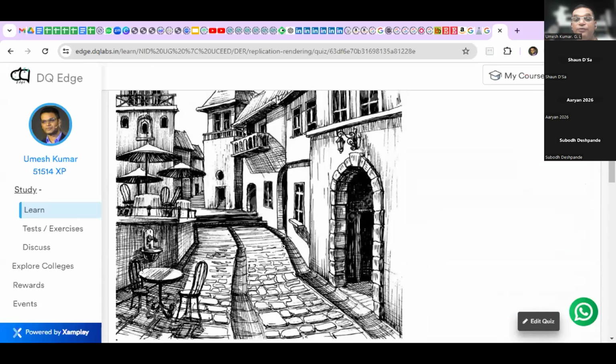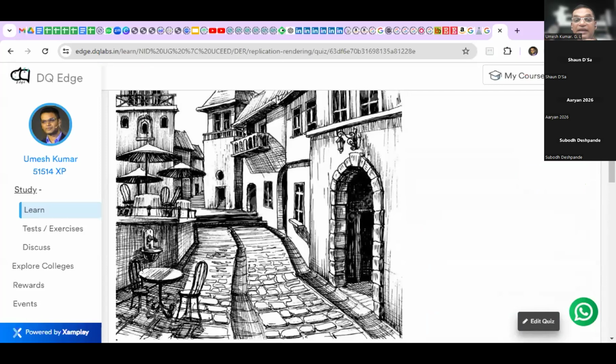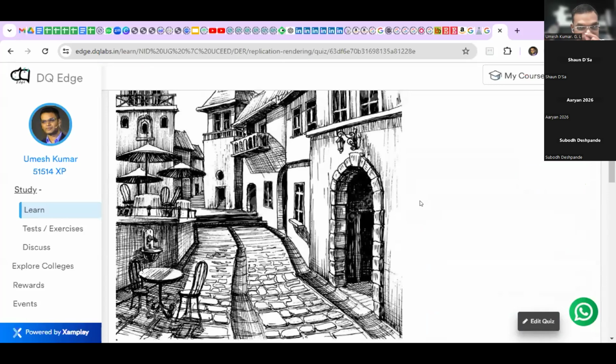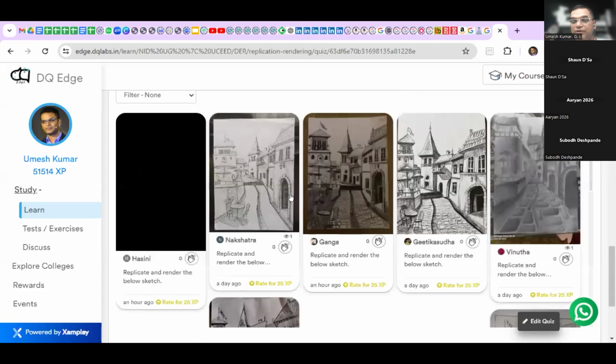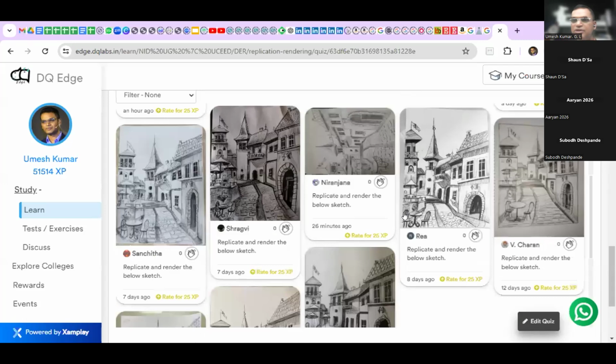Let us say one way of drawing this is, okay, just replicate and draw whatever is there. You make a Xerox copy of it. The other way of doing it is, okay, understand where the eye level is. So here it seems that the eye level is somewhere over here. All right. And then where is the vanishing point? You have to identify where the vanishing point is and how the lines are going, right? So practically you are learning all of this. And then you can actually see many students who have done the duplication work in their own way with whatever capacity that they have. Which is absolutely fine.